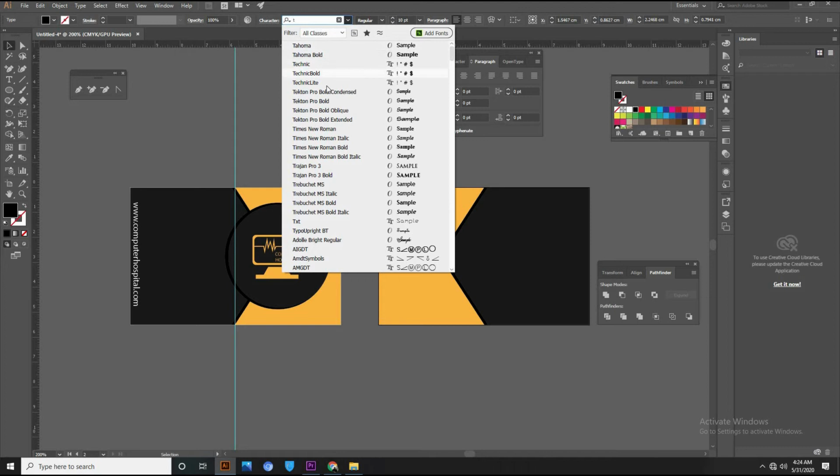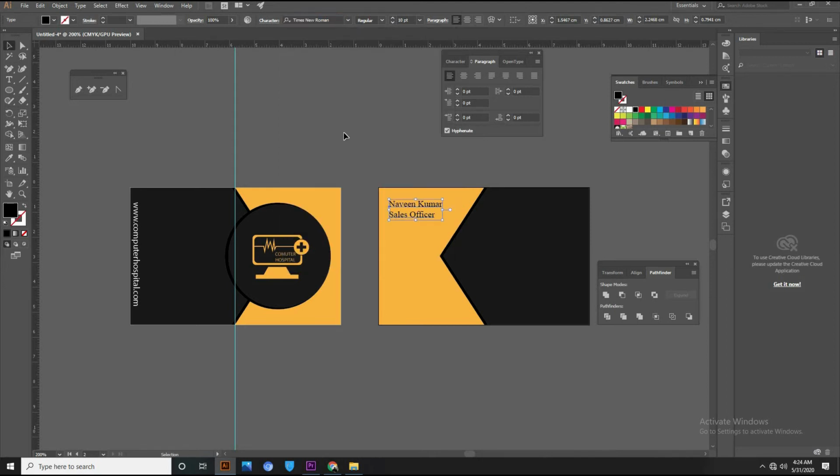It's an informative font, so Times New Roman, and it's stylish also. Okay, and the details of the company, say the location. So location we have to create, and we'll use the type tool again, location,